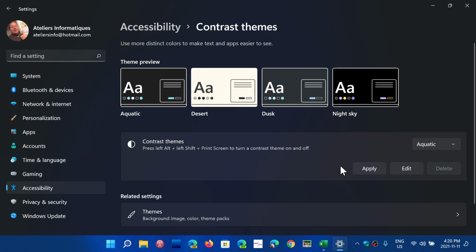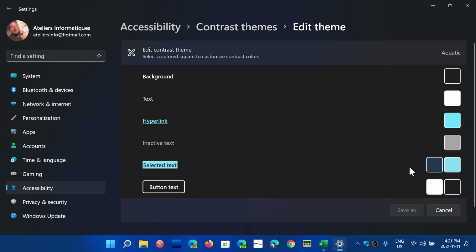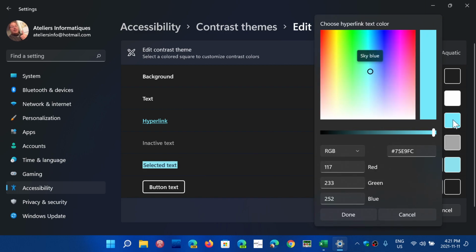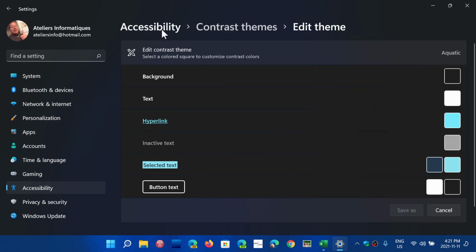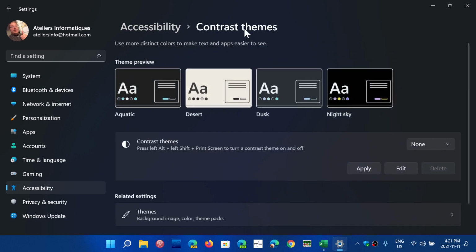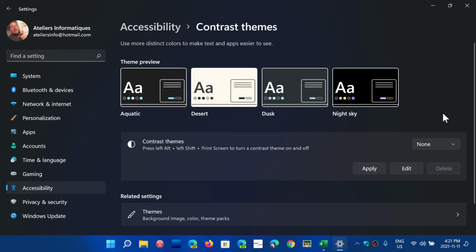And once you choose one, you just apply, or you can edit. And editing will let you actually choose what colors are going to be used for the different options, for hyperlinks, for text, and so on. So you can actually customize this to what might be more interesting for you. It's not just contrast themes that are fixed. You can actually apply them depending on your personal disability. You might actually like to change some of the colors so that it even is better for you to use